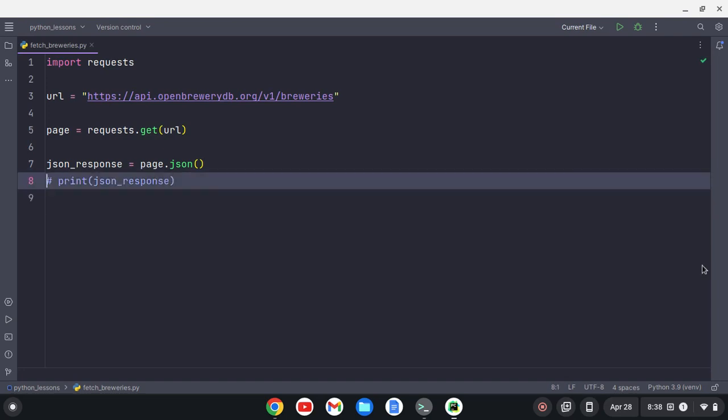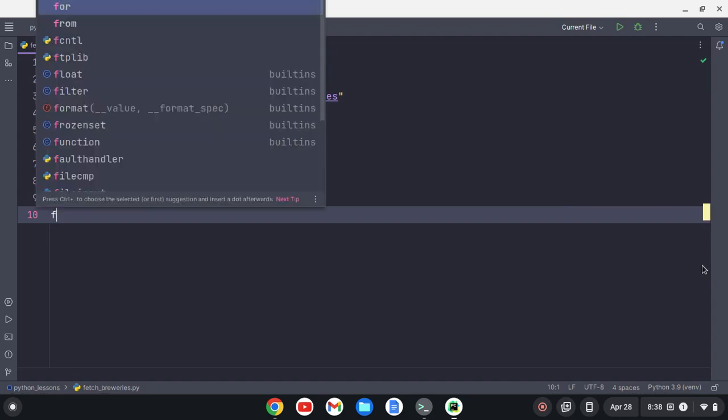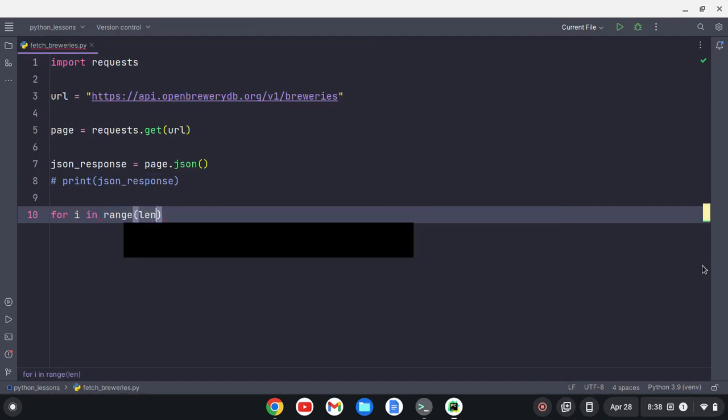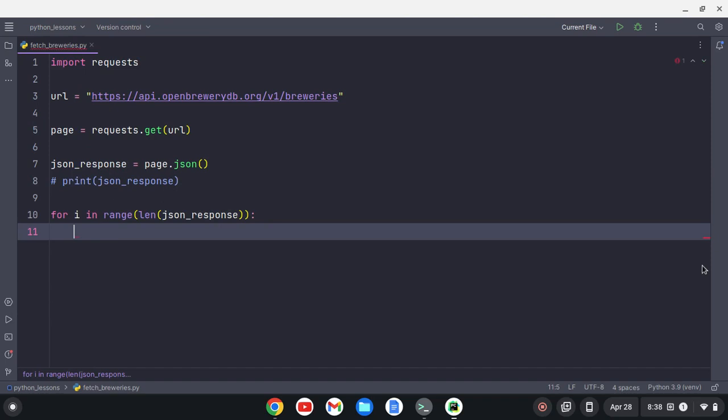So I'm going to comment out this print here, and I'm going to loop through the breweries by saying for i in range, and then the length of the JSON response. Then I'm going to say if the JSON response at index i with the key of state_province, and I'm going to make sure that's lowercase, so I'm going to say dot lower, if that equals Colorado,